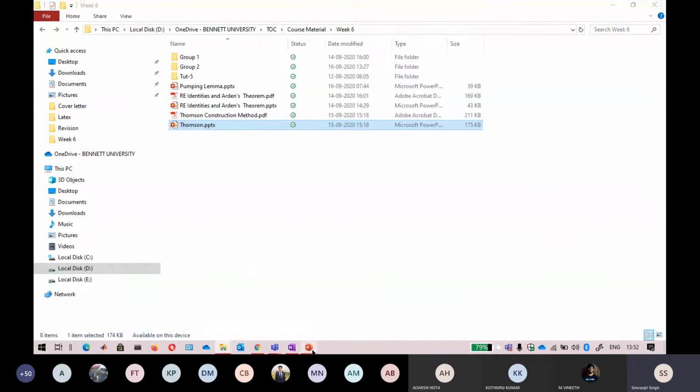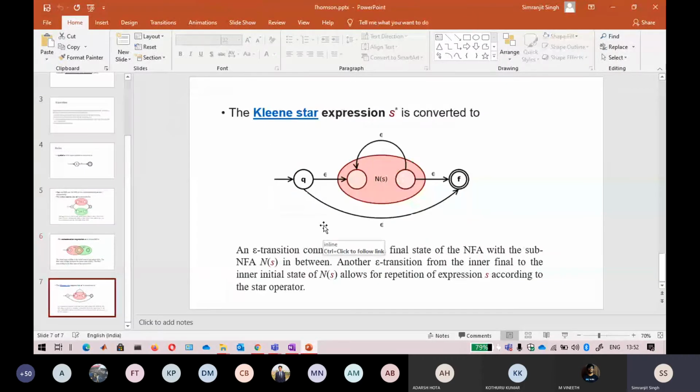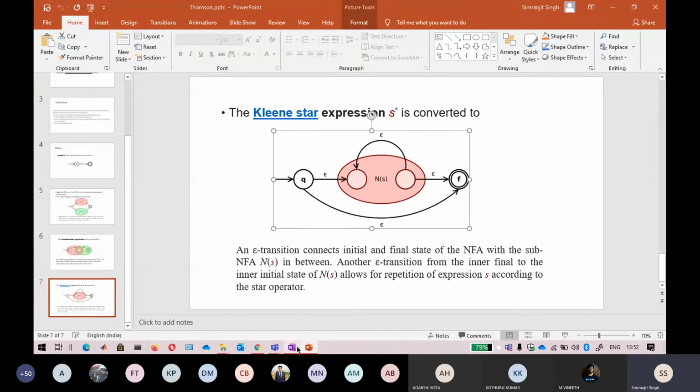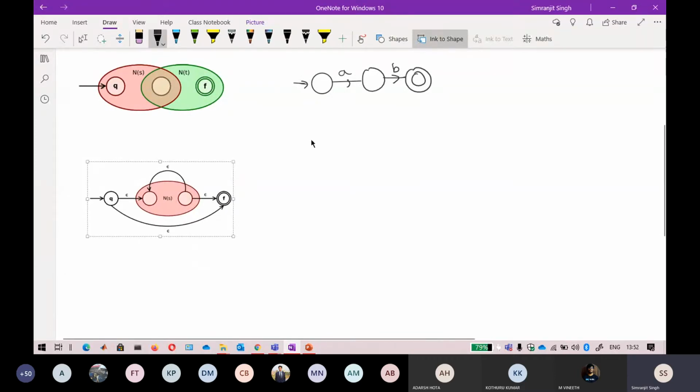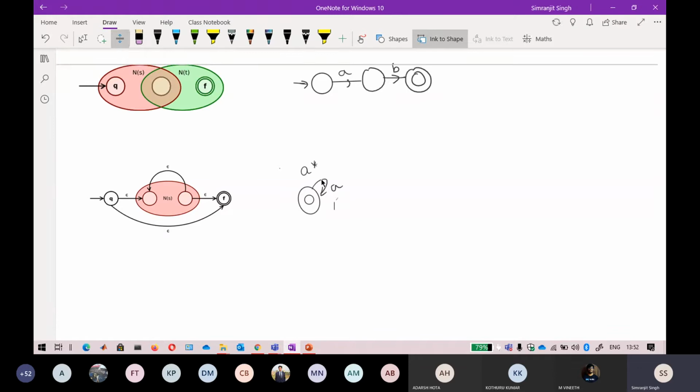In a similar way, if I go on, this expression is a bit different. This is your Kleene closure. If you remember what Kleene closure is, that is your star operator. It looks very different, because if you remember, we have done Kleene closure like if I do A star, I can just do it like this, this is your A star. But in the rules of the Thompson construction method, this is not considered here. So how is it visible here? If I convert it into a simpler form also.